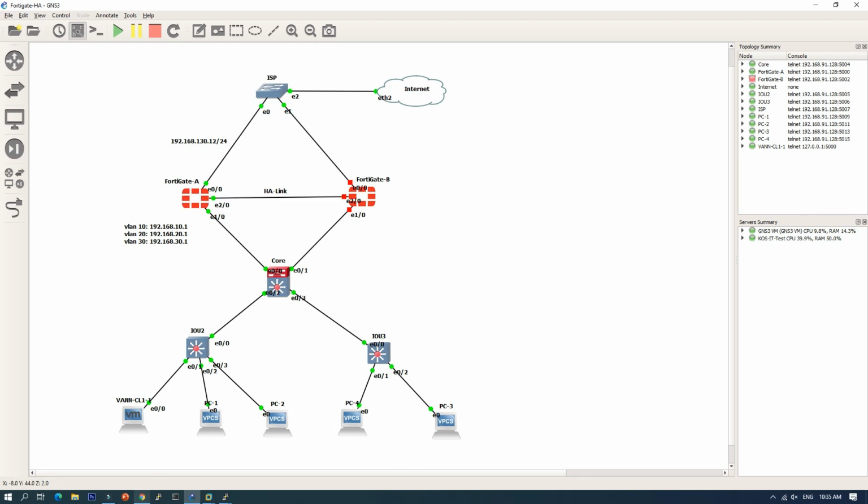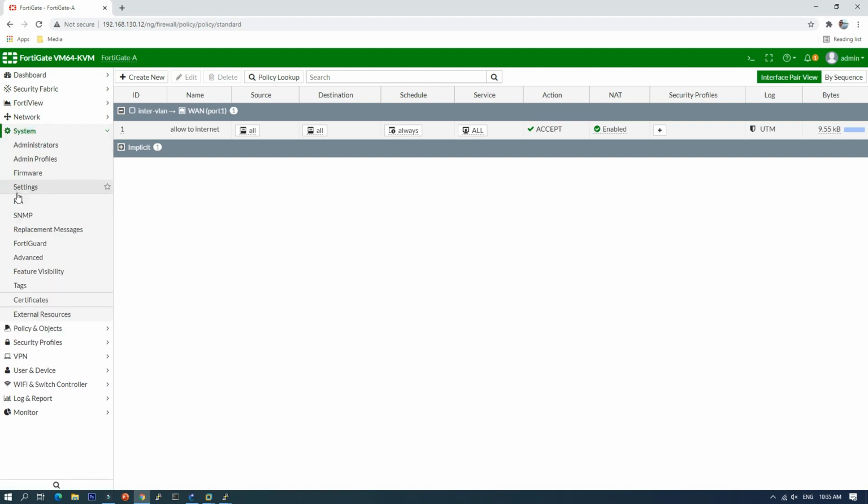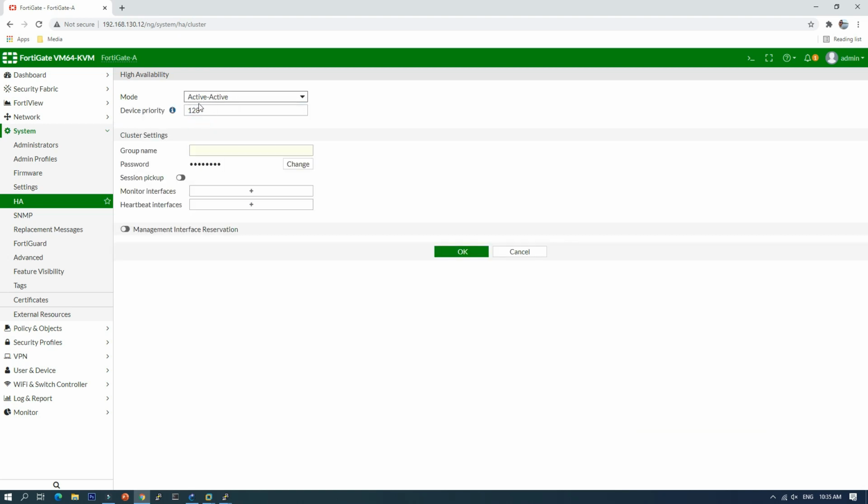Okay, so let's go to FortiGate A, and we go to System, HA here. Now it is standalone. We configure HA as active, and for the device priority, we need to set a higher priority because we want FortiGate A to become the master.